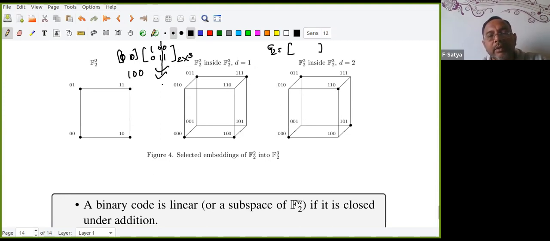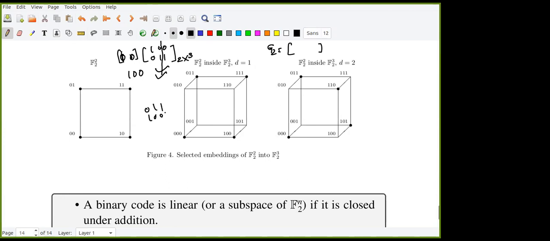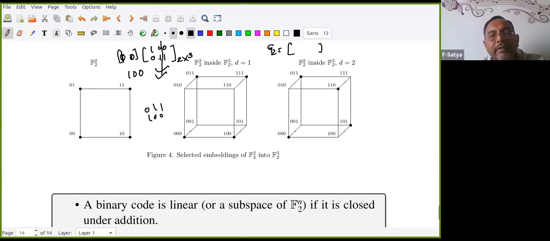Are you followed? But the generator matrix is not unique, because somebody suggested, Mehak, I think, suggested that take 0, 1, 1 and 1, 0, 0. Does it also work or not? Yes, sir. But why did I choose it like this? Because it is a nice form. This is called systematic form. Later you will see that. So both will give the same code, but this is better.